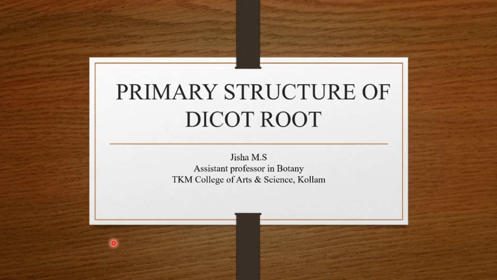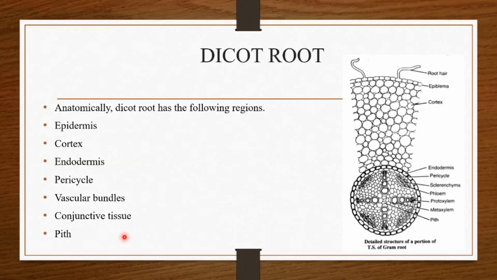In this session, we will learn about the internal structure of dicot root. Roots are considered as the important plant organ that influences the development of a plant. As you all know, roots are the non-green, positively geotropic and negatively phototropic underground parts of a plant. It is one of the major parts which helps to distinguish between a dicot and a monocot plant. Let's learn the cross section of a dicot root to understand the internal structure.